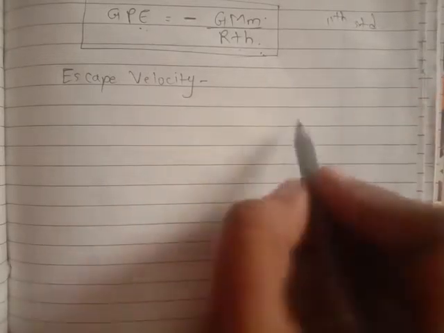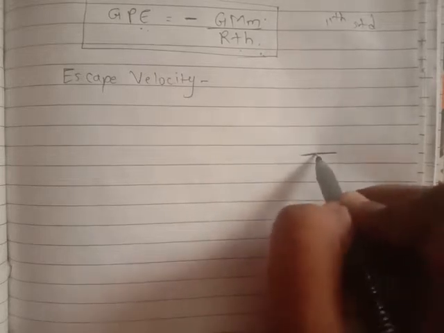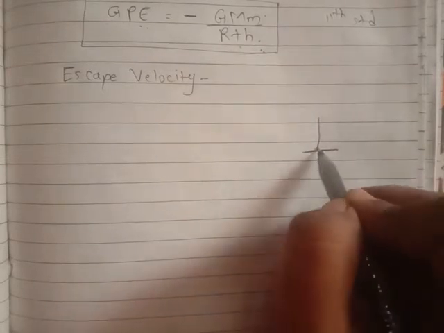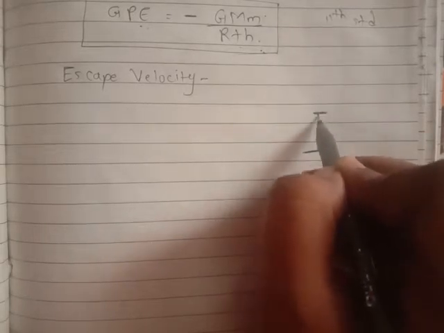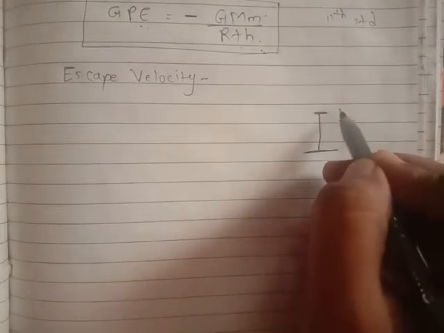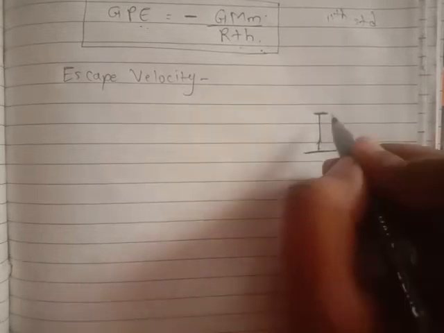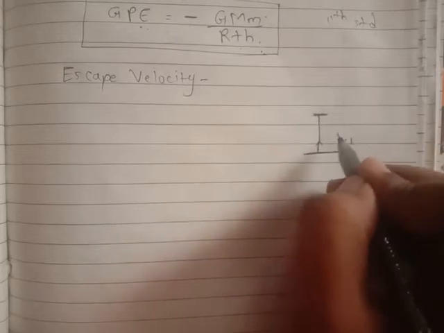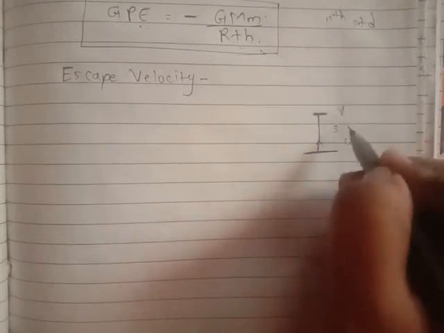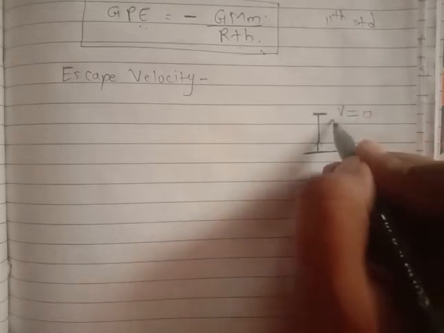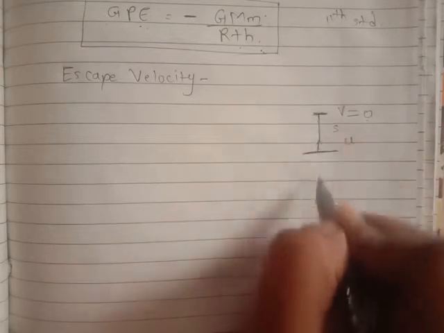it reaches some height. Suppose from this position, I am throwing a ball in the upward direction. It reaches some height, goes ahead, and after reaching that, its velocity becomes 0. That means I am giving it an initial velocity u. At this position, after reaching a distance of s, the final velocity of the ball will become 0. Okay, and again it will start coming downward.